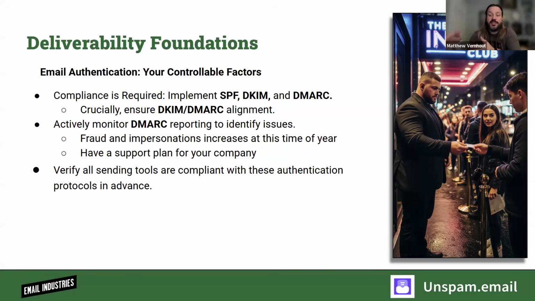And then DKIM alignment becomes the main factor. Really, as a brand coming into the holiday season, right now you have about 3 weeks, I would say, to make any sort of adjustments or evaluations you need to in order to ensure your authentication is correct. And I would actually probably say it's closer to 2 weeks because you don't want to be making changes the day before a big send. You want to make those changes at least a week or so in advance.